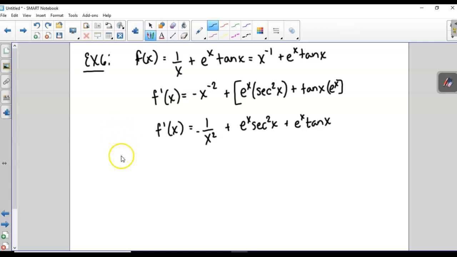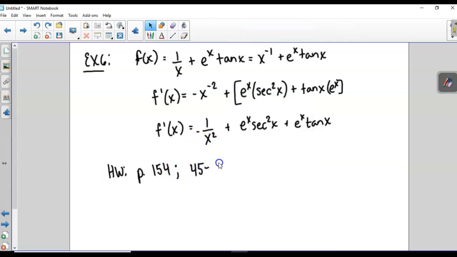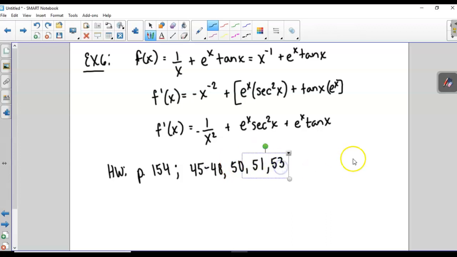So your homework is again from page 154. This time you're going to have 45 through 48, 50, 51, and 53. This should be a pretty short assignment for you, so